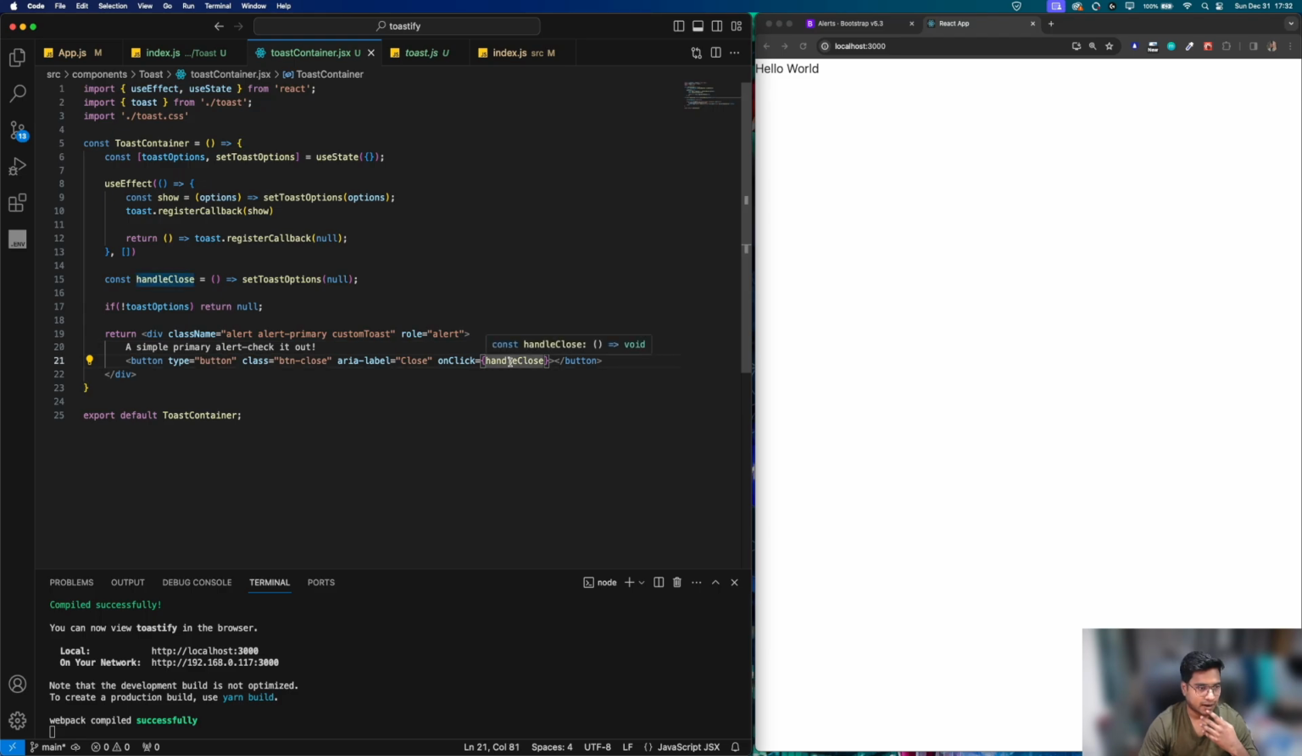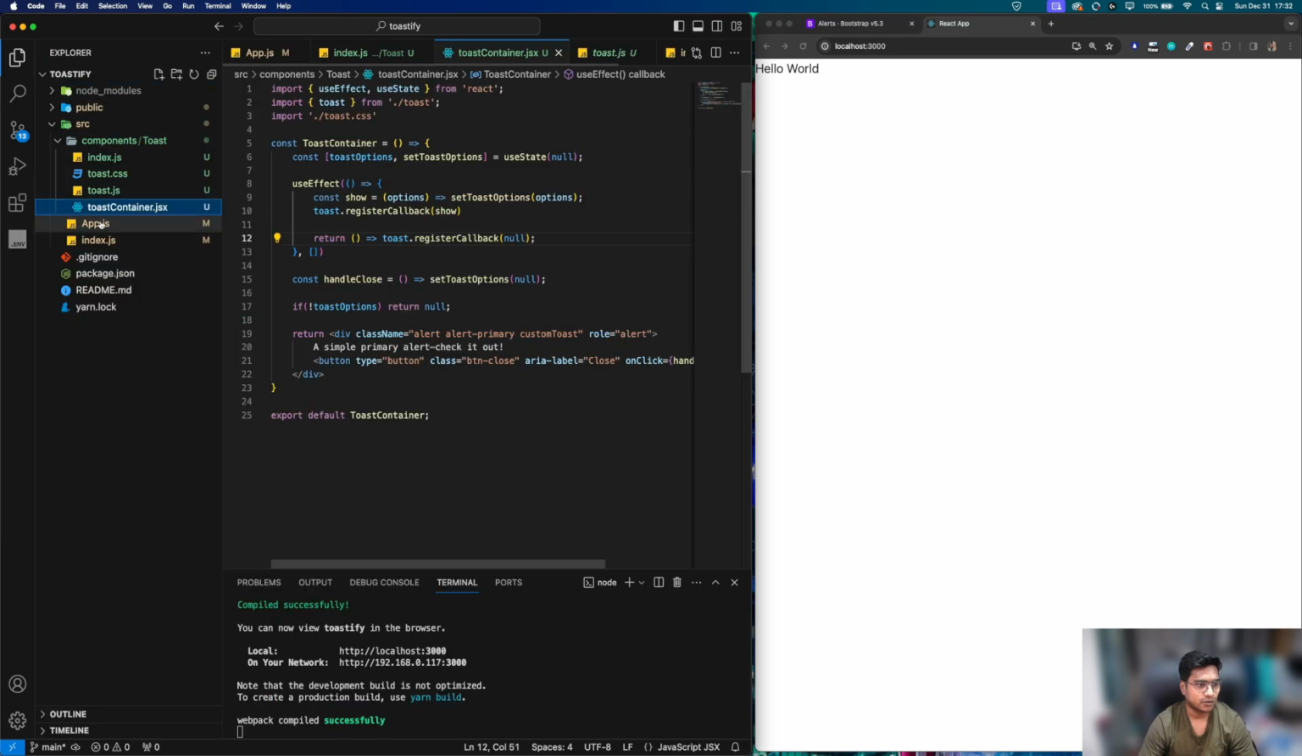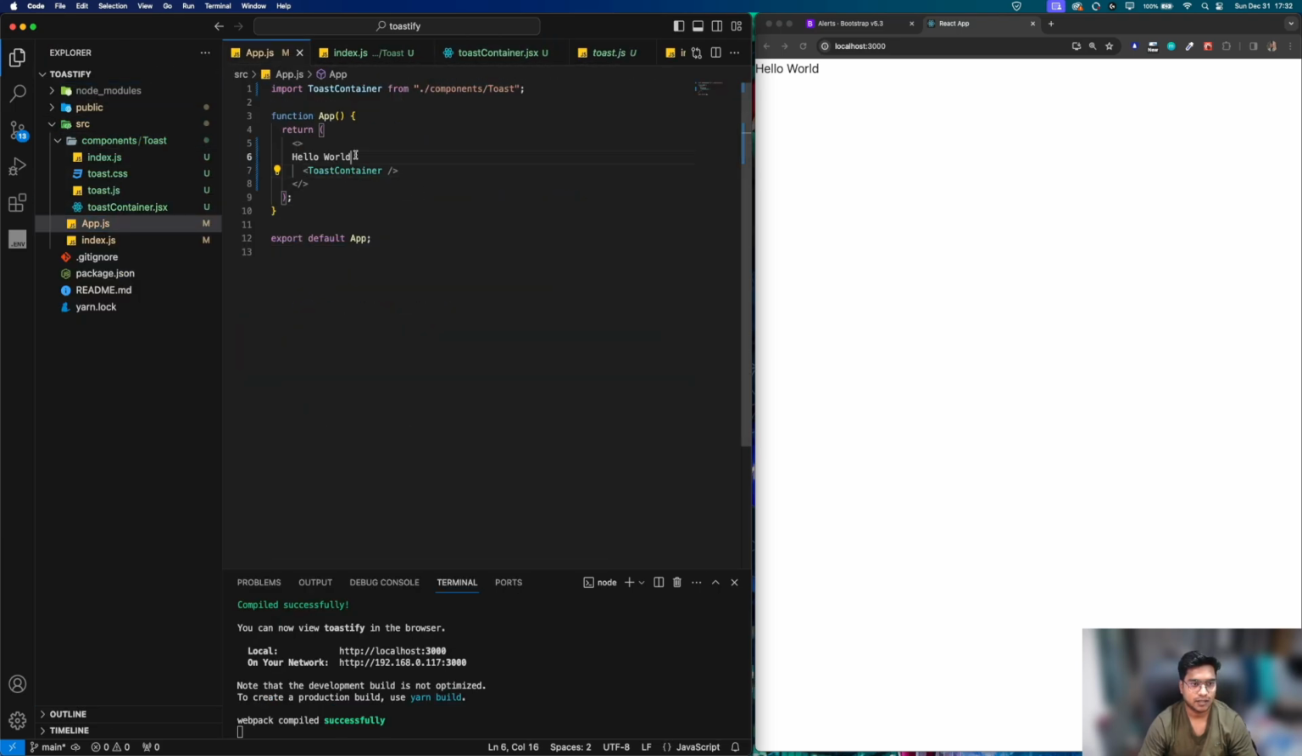Now we are done with handle close. Let's do one more thing. That is, let's change it to null once again so we can work with it. Second, let's go to app.js. Now in app.js,